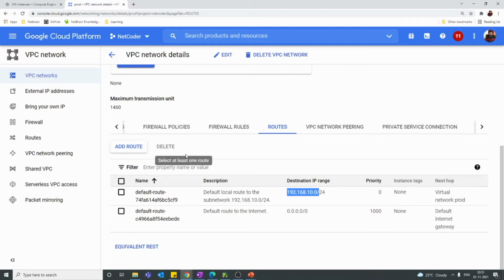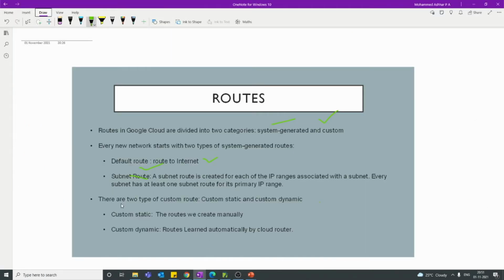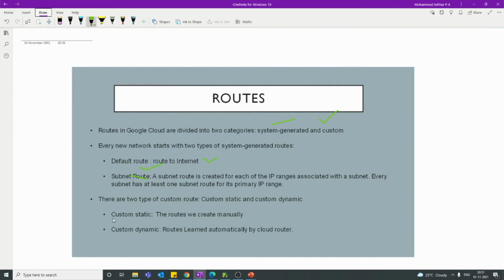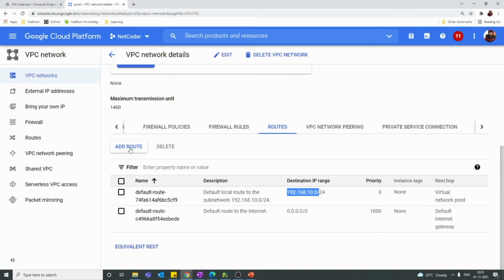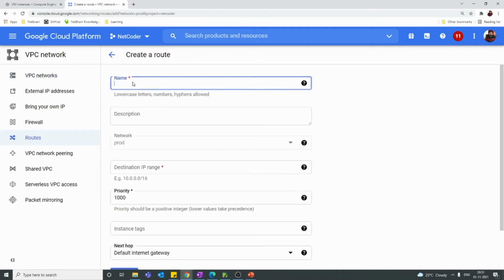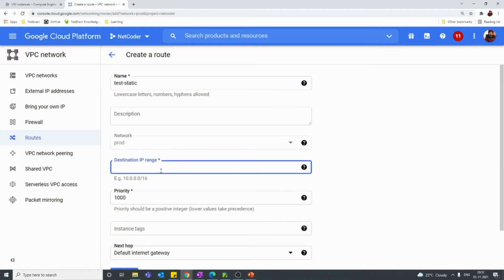Let's go. Before we move further, I've discussed more routes here. In the custom route section, we don't have any custom route right now, but we can create a custom static route, which is nothing but just a static route. To create one, we can click on add route. There is an option called add route, and we can provide a name. Let's create one, test static prod, and for the destination IP range, we'll put